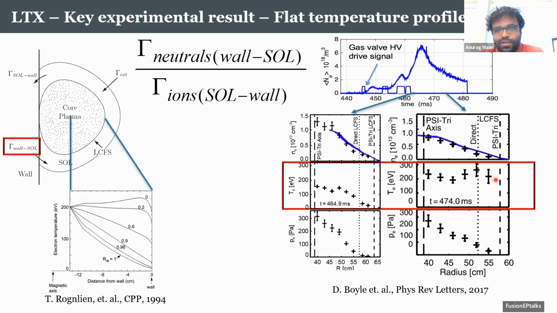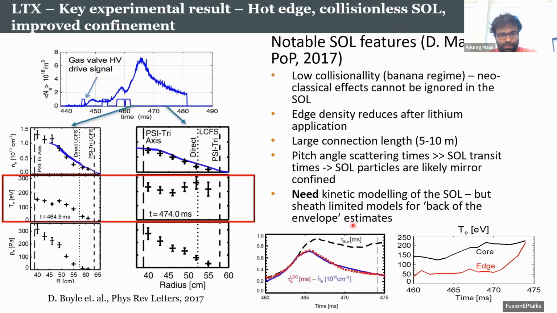So that was evidence that there is indeed reduced recycling towards the end of the shot. At the same time, TRANSP estimates of energy confinement time, in comparison to neo-Alcator scaling confinement time, showed an improvement towards the end of the shot, where the energy confinement time can reduce as the density drops. And other estimates of edge core temperature showed that edge core temperature rose and gradually matched up to core electron